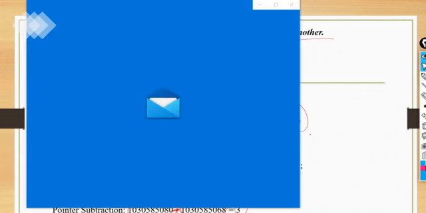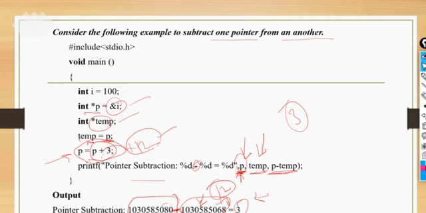So after 68, if we add 12 to 68, what do we get? 80. So now what is the value of P? This 5080. So 5080 minus 68, what do we get? 3. So that is the example. I hope it is clear to all.